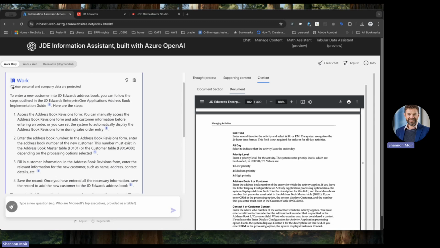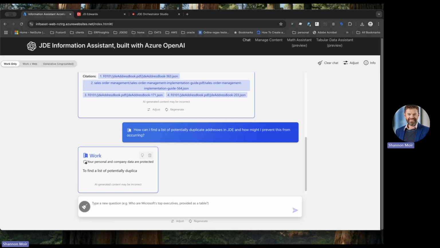So what I wanted to show you now is I'm going to go through a couple of scenarios based upon me training or grounding all of my queries with about 256 unique pieces of JD Edwards documentation, and we'll go through a few scenarios on how we can see this working. So again, I'm quite interested in finding out whether I've got any duplicate address book entries in my system. So I'm going to ask it a quick question on how can I find a list of